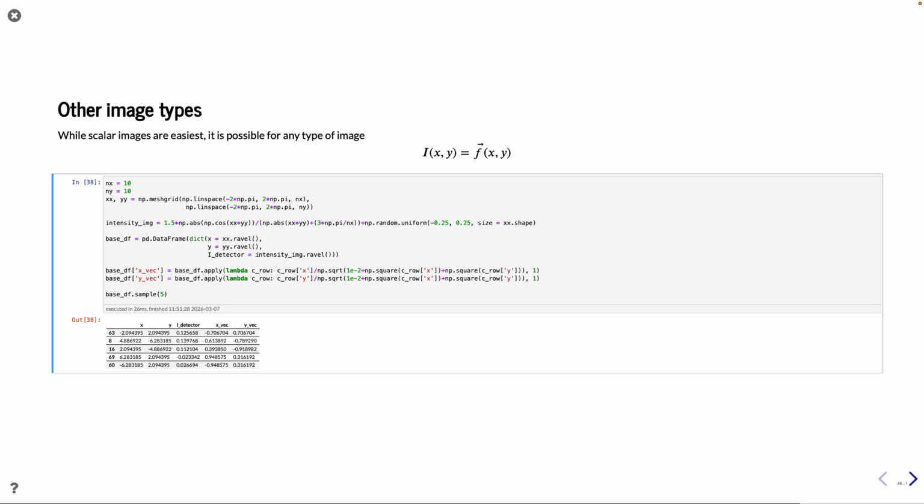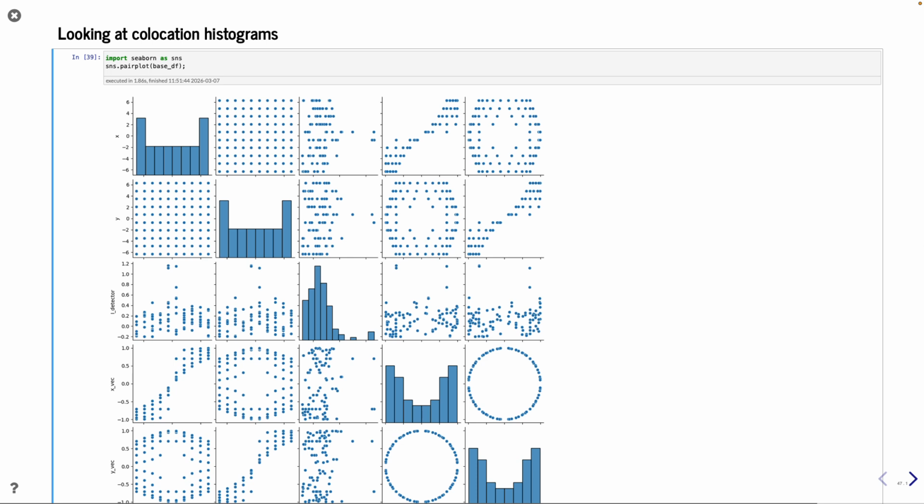Then we have other types of images. We don't have to just have scalars, so let's look at some kind of vector valued data. In this case, we have the coordinates, we have a detector value, and then we have some kind of orientation vector in x and y. Looking at that, you can look at something called the collocation histogram. It's something that you can get from